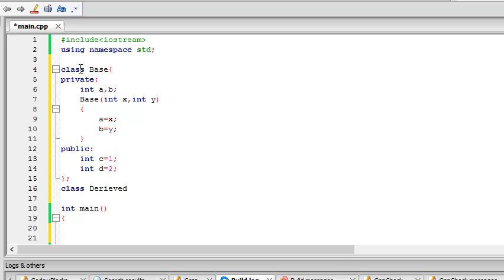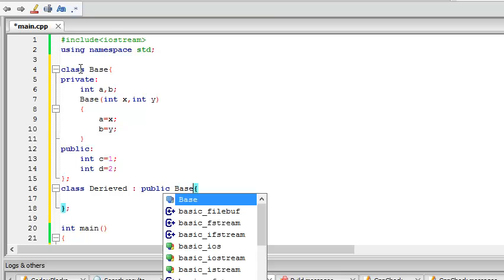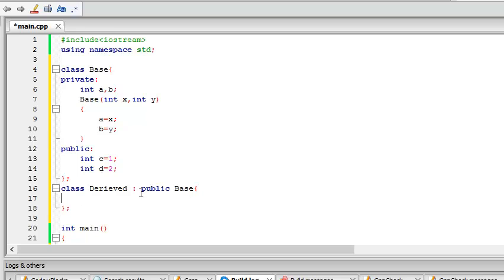And class derived will be the class which will inherit from the base class. That is, we will write public base. So now it is inheriting from the base class, but there are some important things that you will learn later on. Public,